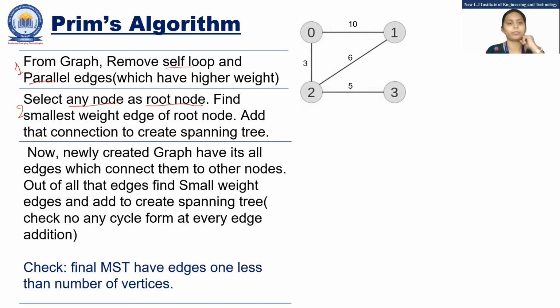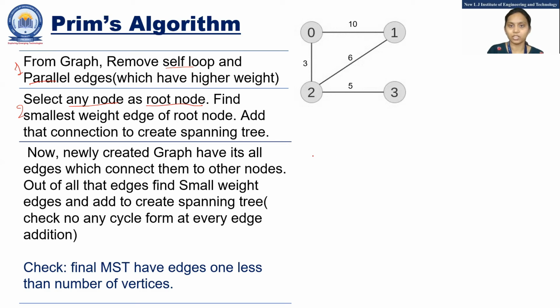Is there multiple minimum spanning trees, or do you always end up with a single one? It depends upon your graph. If your graph has same weighted edges, then you can end up with multiple minimum spanning trees. We will see that in later slides, but for now you should be aware that you can pick any node as a root node. Then start with the smallest edge. Let me take an example, you will get the idea.